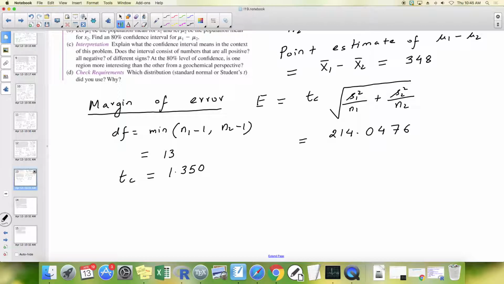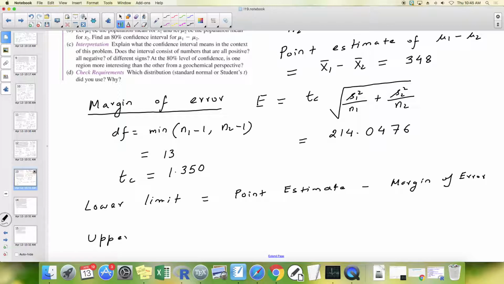Next is find the lower limit and upper limit. So lower limit is always point estimate minus margin of error. And upper limit is